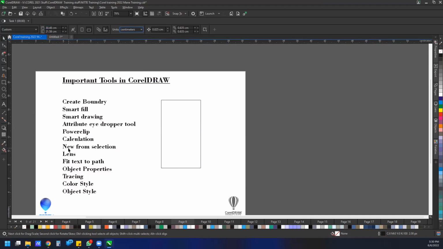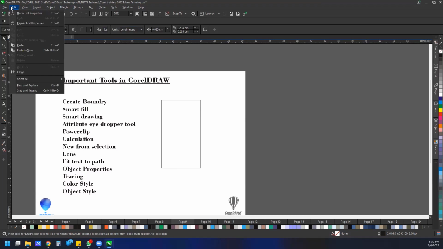Okay, so New from Selection is something which you will not find anywhere. किसी भी मेन्यू के अंदर आप ढूंढोगे आपको ये फीचर मिलेगा ही नहीं. It is only inside the commands जहां से हमने ये कुछ options हमने जो drag and drop करके रखे हैं वहीं से आपको निकालना पड़ेगा. But I'll tell you what is the use of it. For example, इसी